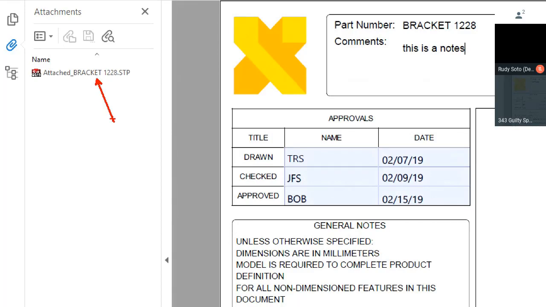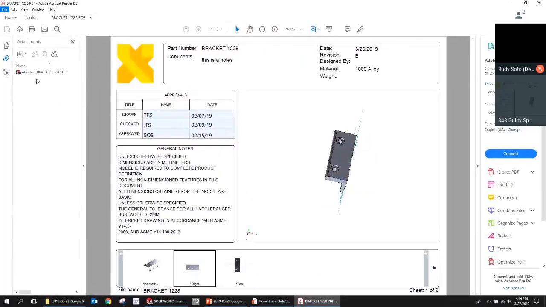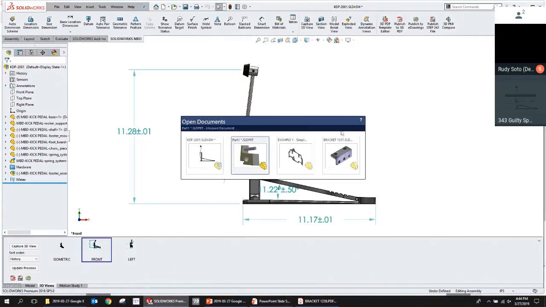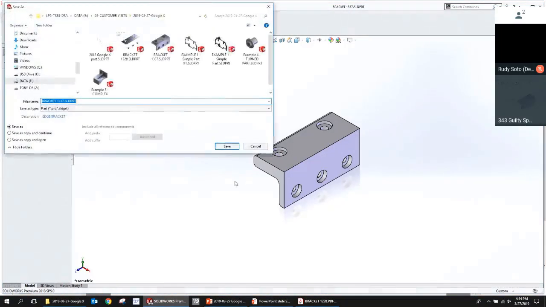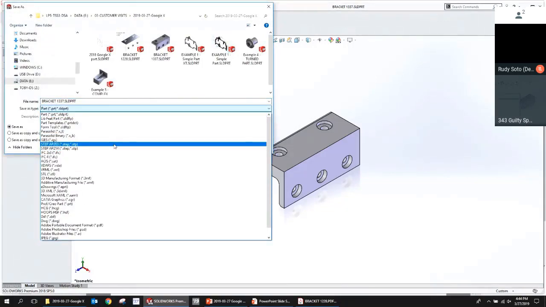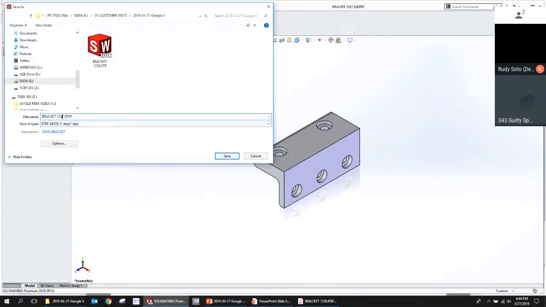Question: what does that do to file size? I don't know. We're already taking it and converting it to STEP, so the file size of the PDF, we can test that too. It's going to add whatever the STEP file is.